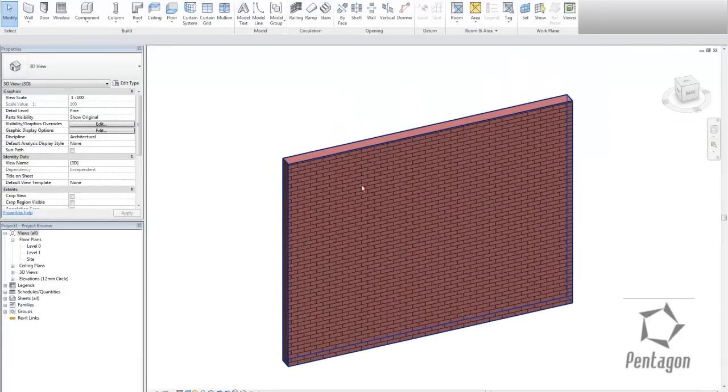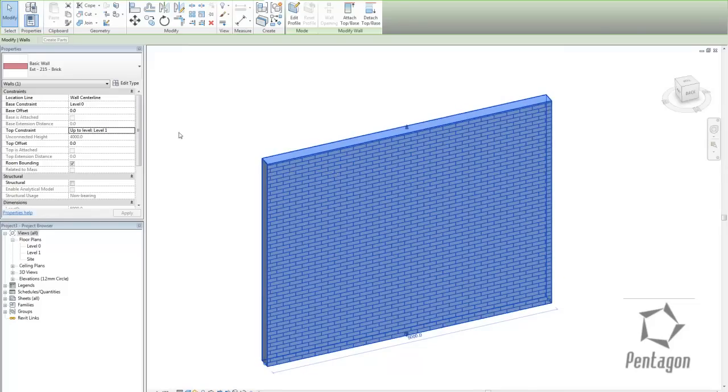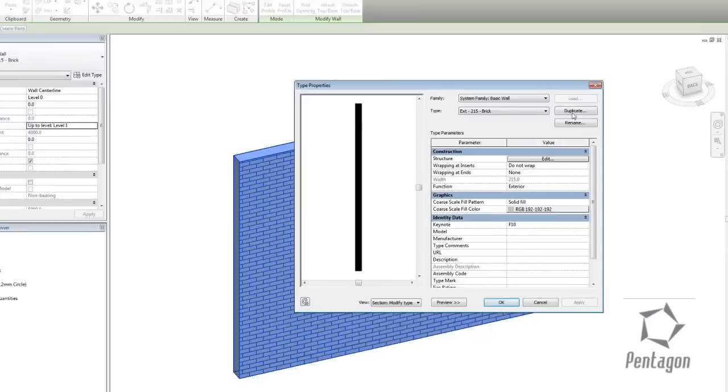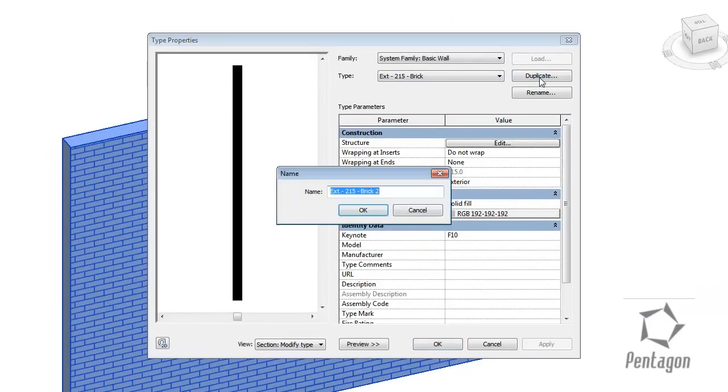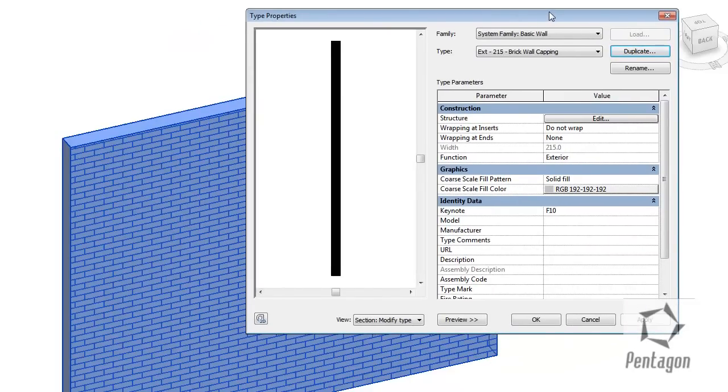in a 3D view. If I want to add my wall sweep to this, so I've created my profile, I've loaded it into this particular Revit file. Good practice is that you would edit the wall type and you would make a duplicate of it, because you don't want to edit the existing wall, and you would give it a logical naming like external brick wall capping, or with wall capping, and hit OK. So we've created a duplicate on the fly. Now that is a system family, i.e. it's contained within the file or the template,